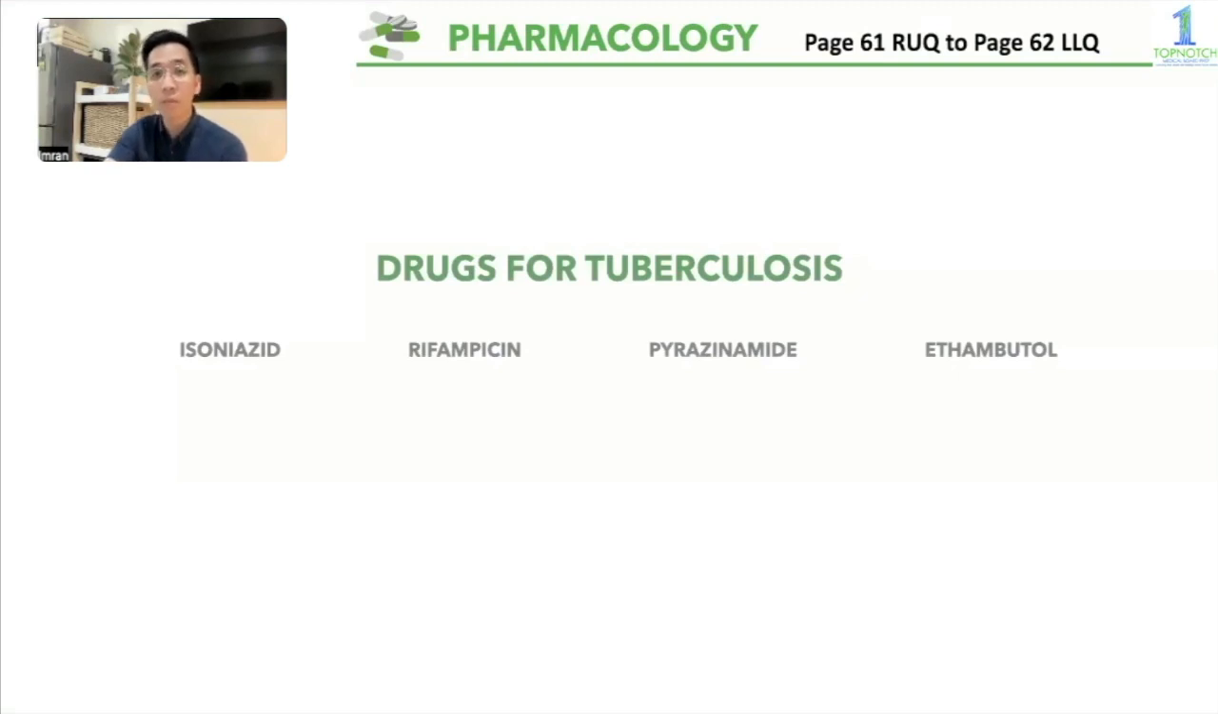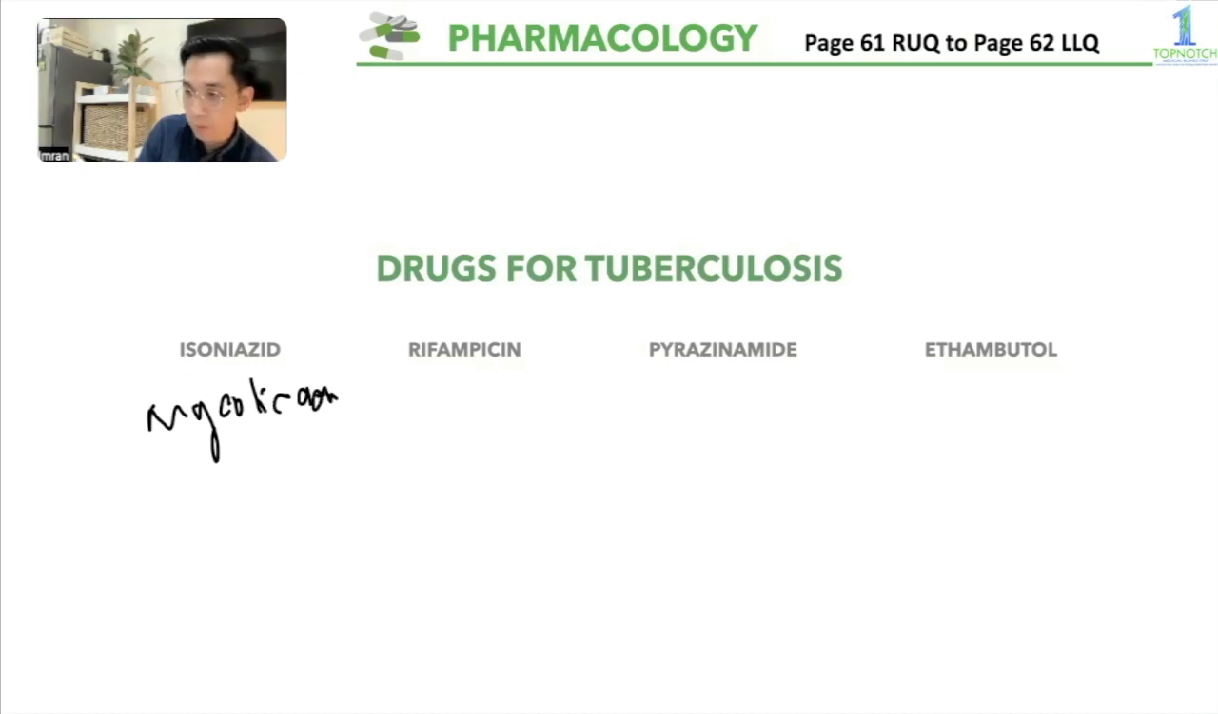Okay, next, for tuberculosis. Your Mycobacteria tuberculosis is mainly treated by these 4 drugs, no? Isoniazid, rifampicin, pyrazinamide, and your ethambutol. Ang importance sa tuberculosis, kailangan alam natin kung ano yung mga mechanism of action, ano yung mga side effects nila. So for your isoniazid, ang ginagawa nito, it inhibits your mycolic acid, no? Mycolic acid, no? And it can also cause hepatitis,